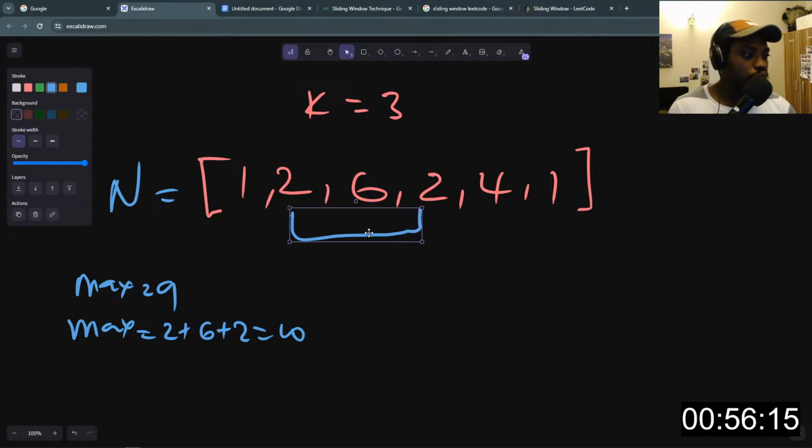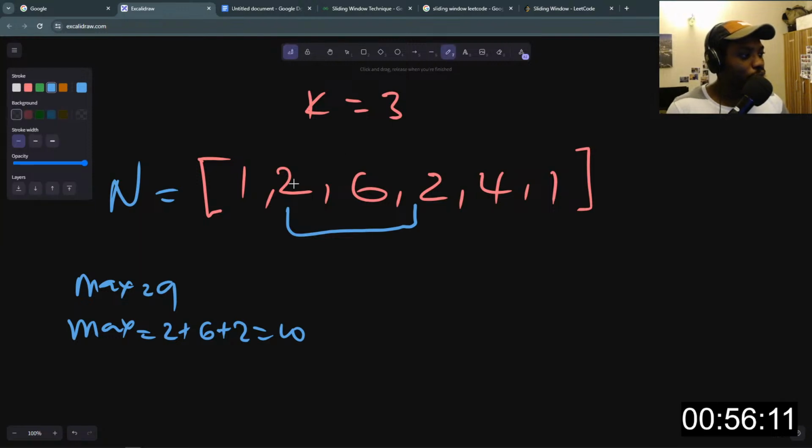We move the window towards the right, which means we are removing one item. Like I said before, we are removing one item from the sub array, and we are adding a new item. We are introducing a new item to the sub array. So the best way to do this is to subtract the value that we removed from